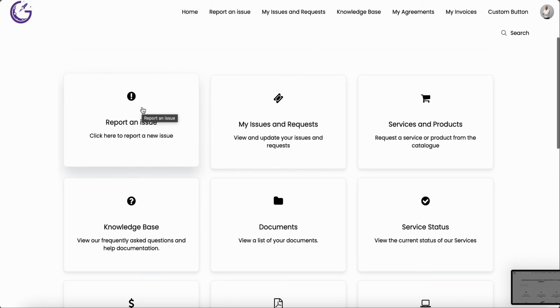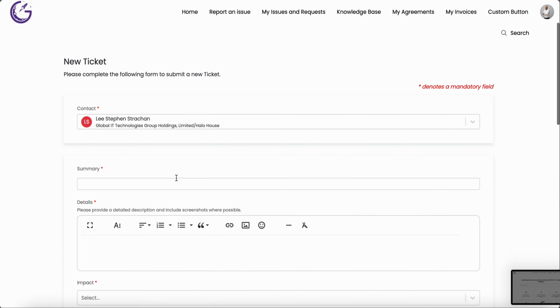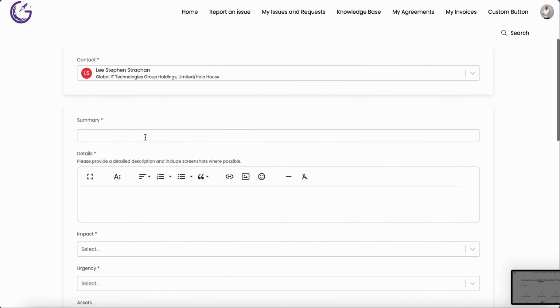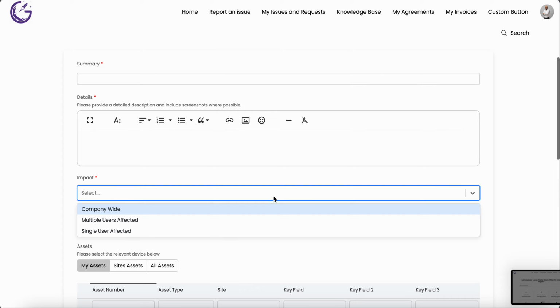As mentioned at the beginning of this session, you've got the report issue function. This allows you to raise a support ticket with us at Glo IT. This will reach myself and the rest of my team in operations, revenue, and project management. You get to put a summary in of your issue or request, some details or imagery, links to help troubleshoot your request, the impact that is affecting, whether it's a company-wide issue or a single affected user or multiple users,